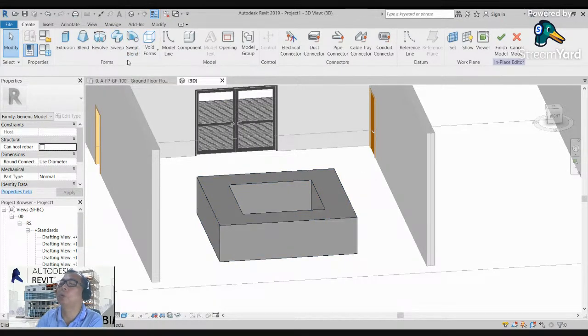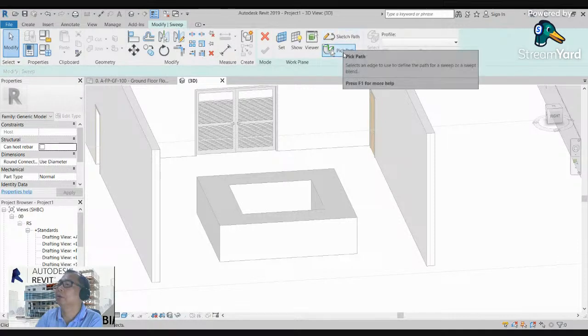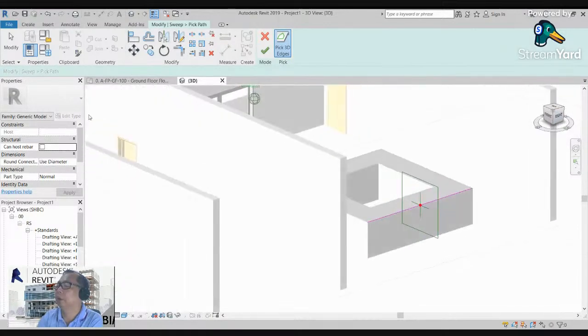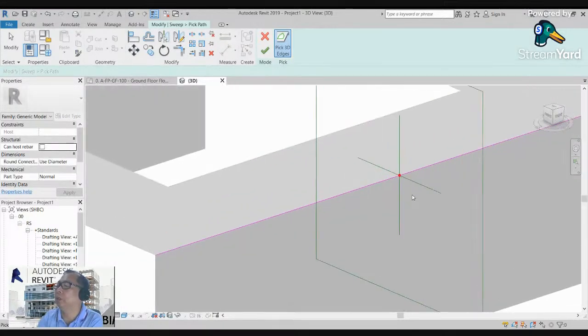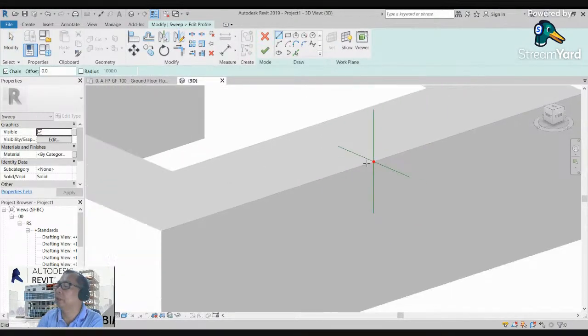For example, you want this swept, no? You can make a path, for example this one. Okay, and then you want to make a molding here, finish, and then edit profile. You can create here, for example here,